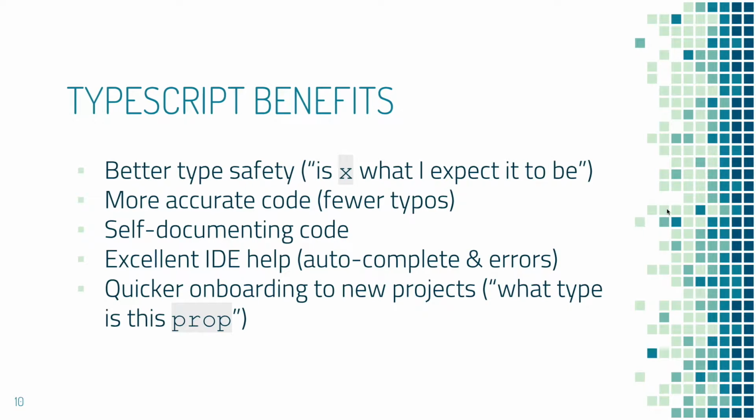So kind of what we've talked about here, the benefits are better type safety. Is this variable what I'm expecting it to be when I'm interacting with it? I no longer have to guess. More accurate code, because no longer are we interacting with just strings and hoping that we've typed them correctly, for example, as we're trying to access a method. We can actually be told by the code editor, these are what's available, and if I type it wrong, if I type it with 2 T's, TypeScript will tell me it'll fail to compile. It'll say, fix this thing because it's not what you expect it to be.